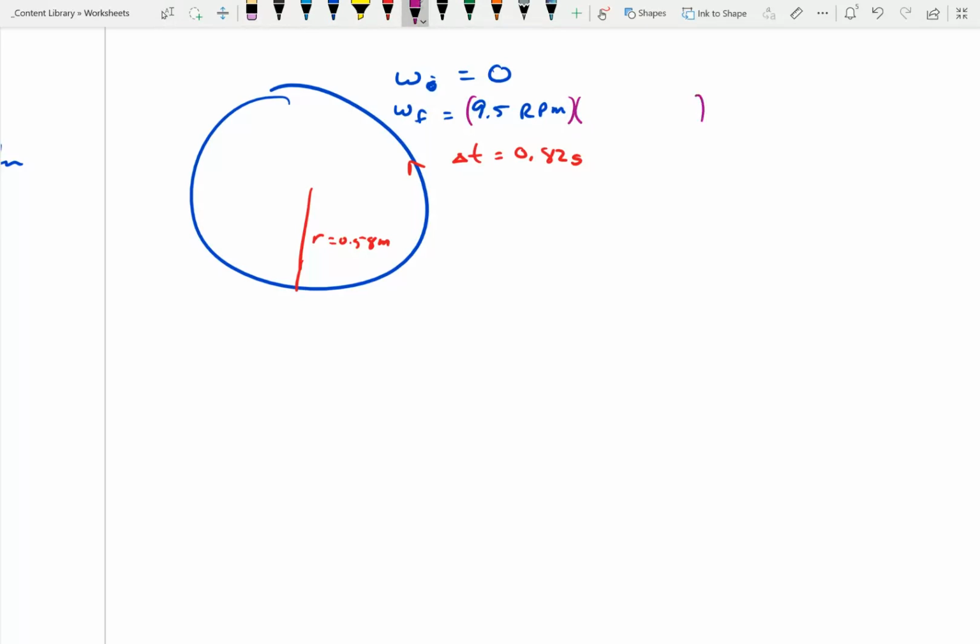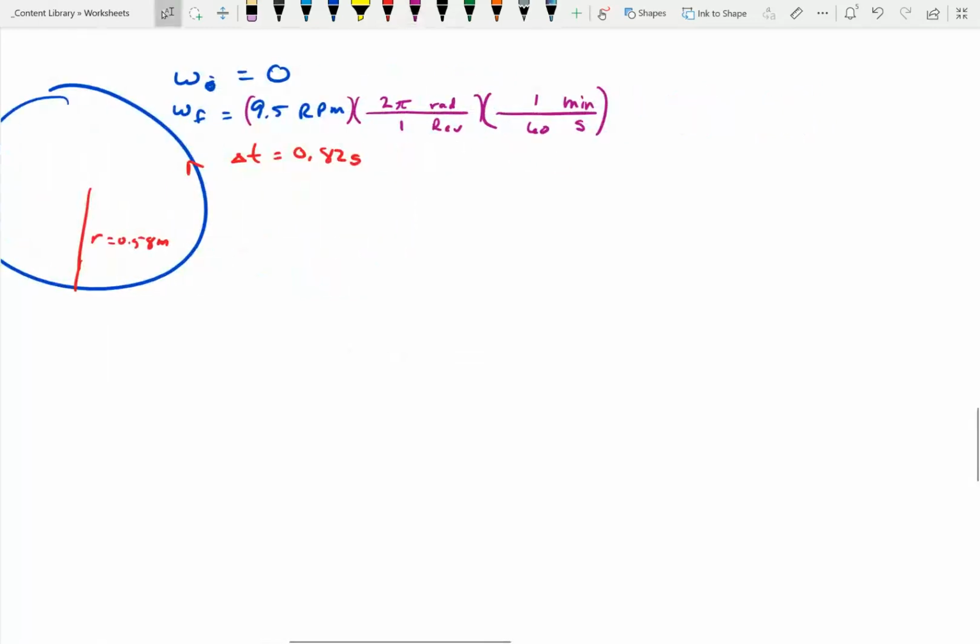Remember, conversion factors always have a value of 1. First, revolution. So I'm going to have revolution on the bottom to cancel the revolution on top. Well, one revolution is 2 pi radians, right? One circle has 2 pi radians in it. So that's my conversion factor between revolutions and radians. And then I had per minute, so minutes are on bottom, so I need minutes on top to cancel. And seconds are the standard units, so 1 minute has 60 seconds as my second conversion factor. So I take that 9.5 revolutions per minute, multiply it by 2 pi, divide by 60, and it gives me